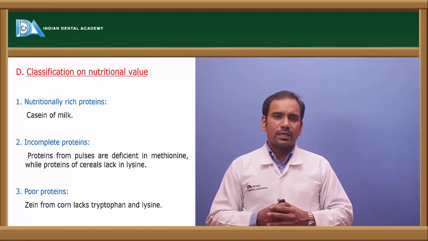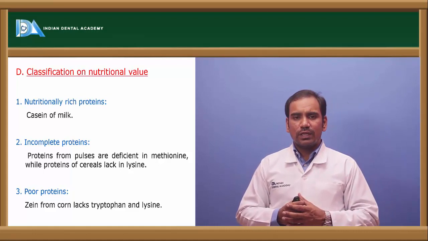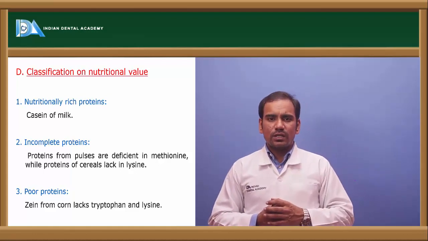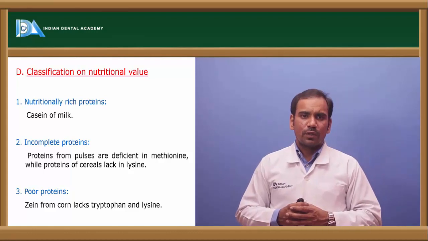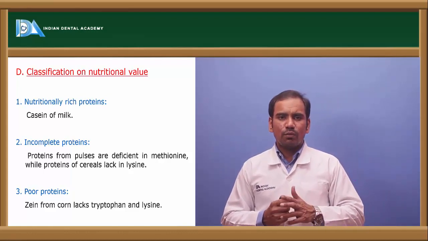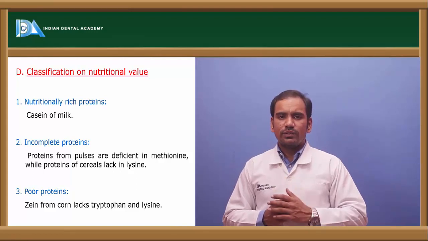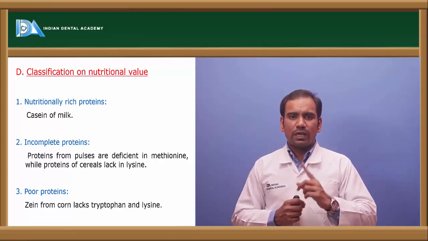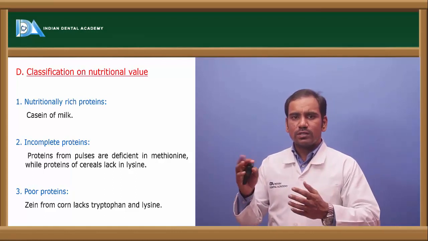An example is zein. There is a protein called zein present in corn. That lacks two essential amino acids, and those are tryptophan and lysine. Both tryptophan and lysine are essential amino acids, and this zein protein is deficient in these two amino acids. So whenever a protein is deficient in more than one essential amino acid, we call such proteins